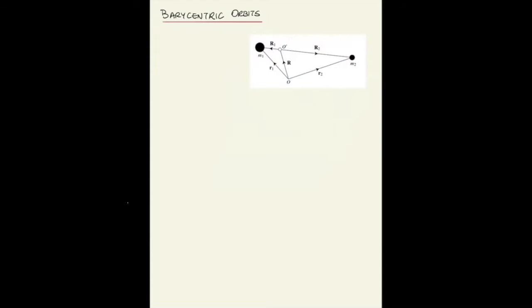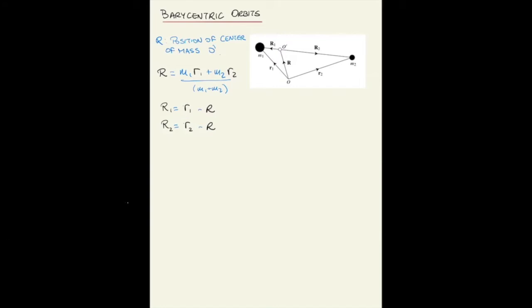So R, big R, is the position vector of the central mass O prime. And the position of the central mass is defined by the equation M1R1 plus M2R2 over the sum of the masses. Now, the masses and the central mass lie on a straight line. So if you write that the vector big R1 is equal to little r1 minus big R, and that R2 is equal to little r2 minus big R,